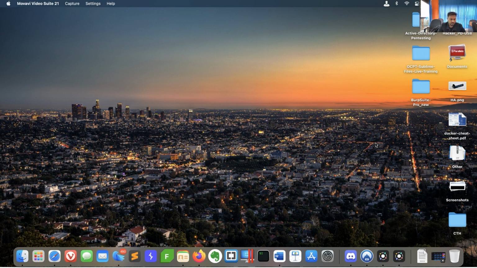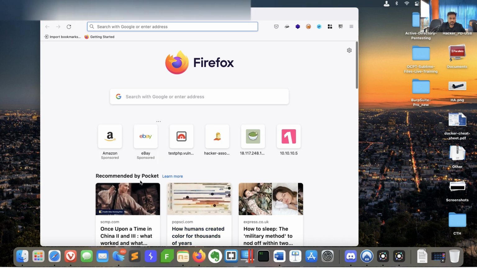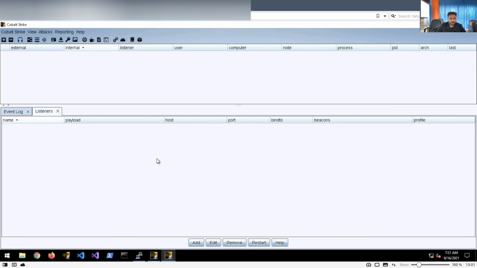So in this particular video we are going to learn about Cobalt Strike, one of the powerful frameworks for red teaming, and let's explore it. So if you see, this is my Mozilla Firefox and here it is. Okay, I am using this Vivaldi browser and here we basically have a GUI interface of Cobalt Strike, right? So in order to work with Cobalt Strike, first you need to go here and you need to create a listener. This is the first important part, we need to do it here.